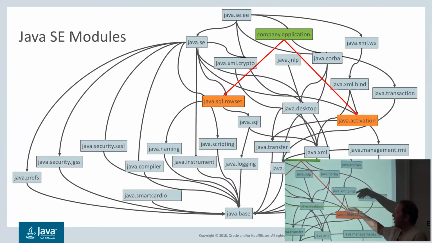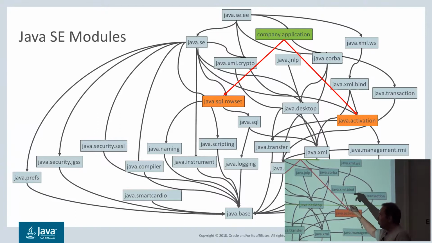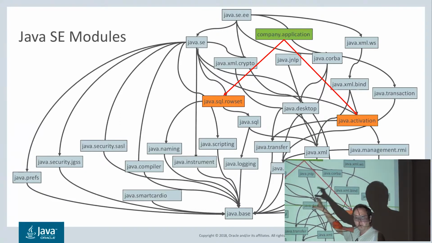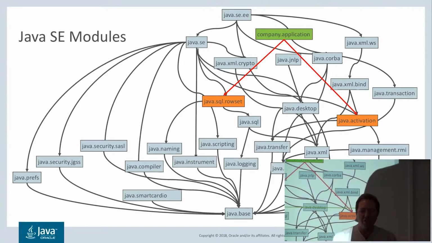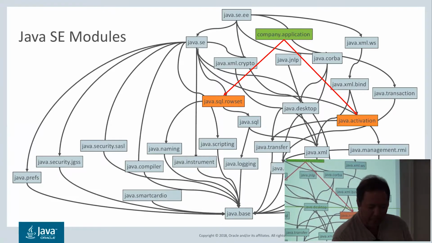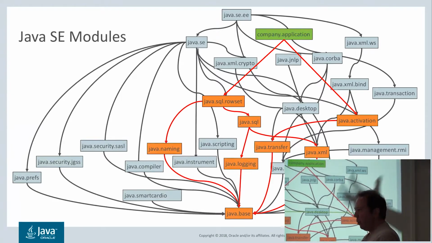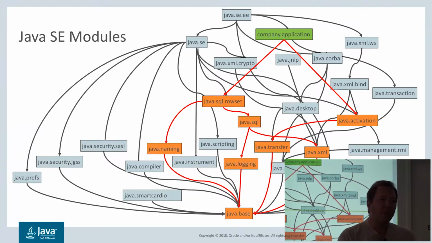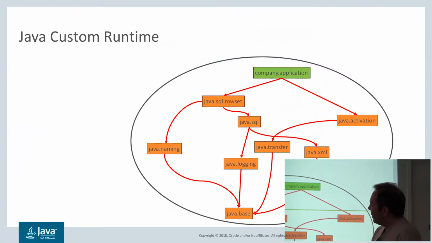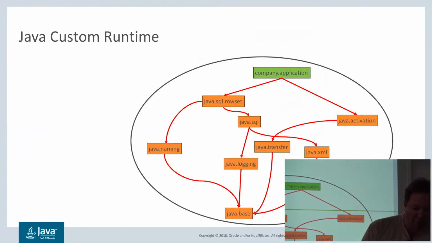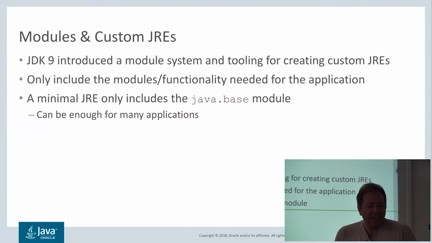So we split this up, and we also provide tooling that you can use to create your own subset of this by saying that my application depends on only these modules. The tooling will then do the transitive closure computation on that and decide that, well, if you depend on that and internally we have these dependencies, we'll end up with this subset. And in the end, that's a much smaller, hopefully, runtime than you had when you started. This, I guess, is the summary of that.